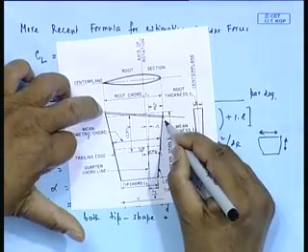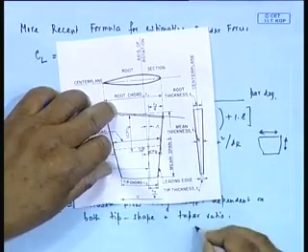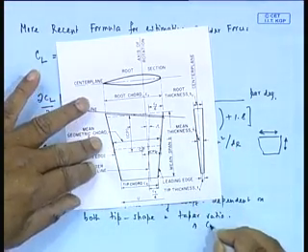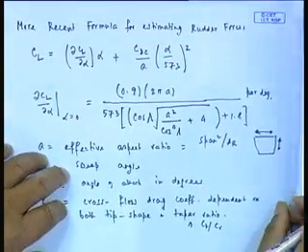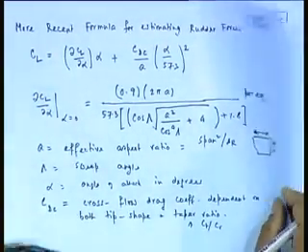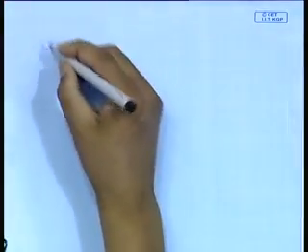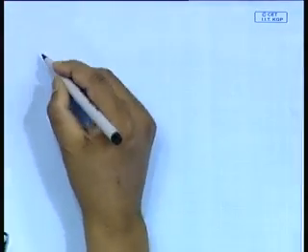This divided by that is chord at tip by chord at root. Typically, for example, this value would look something like that. If the taper ratio was this, cross flow drag